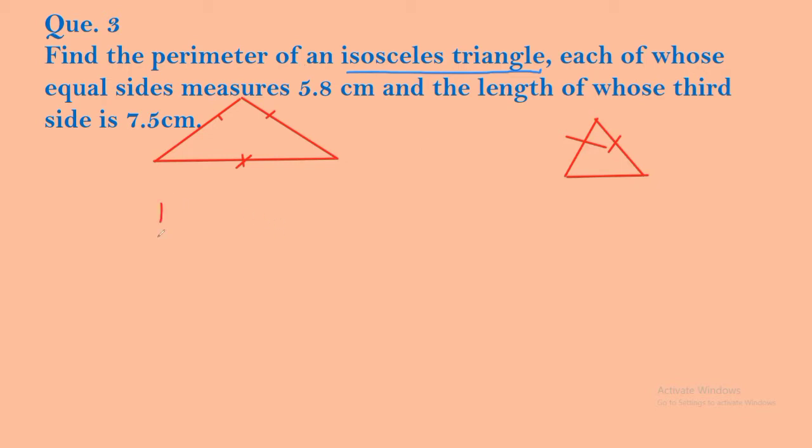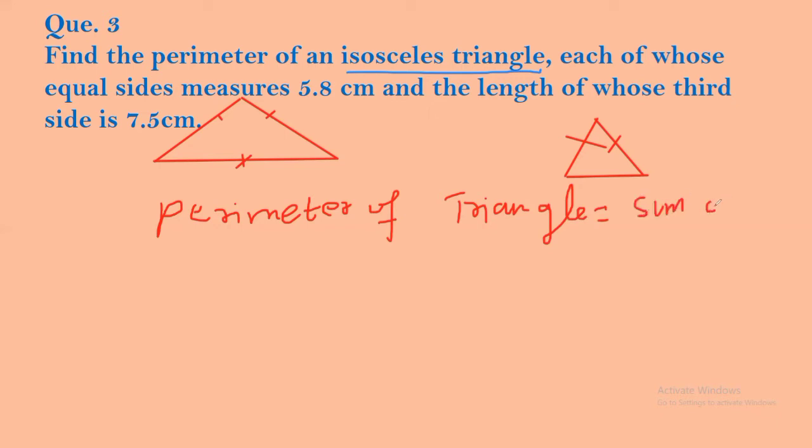Which formula? Perimeter of triangle. What is the formula? Sum of all sides. Perimeter of triangle is equal to sum of all sides. So now, the first side is which one? 5.8,